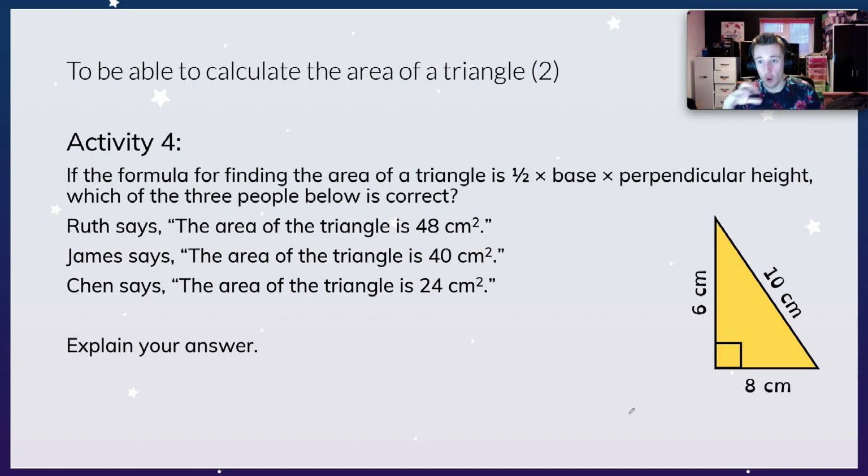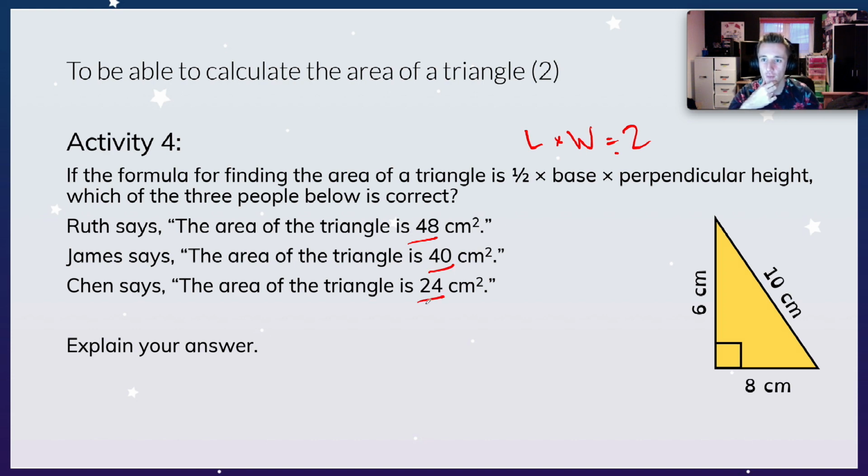Okay, so activity 4 now, they're trying to get complex on it. They're saying, here's a formula for you. If the formula for finding the area of a triangle is half times base times height, so that's literally another way of saying L times W divided by 2, which is what we've been doing, which of the people below is correct? Looking at this triangle, Ruth says the area of the triangle is 48. James says it's 40. Chen says it's